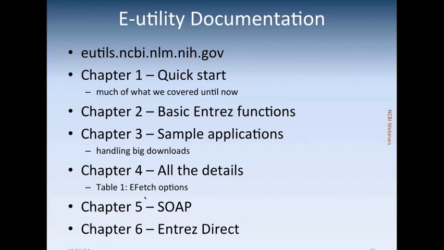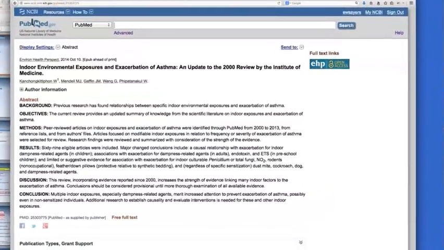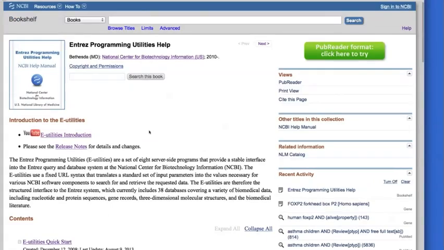What I want to do at this point is just emphasize that many of the things that we've talked about are available to you in the documentation. So we've talked about doing those EFetch downloads, and there's an example with actually working Perl code in the EFetch documentation that lets you do that. And so I'd like to take just a brief diversion here, go over to the eUtilities help, which is simply